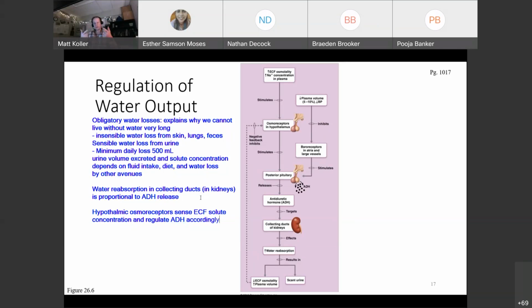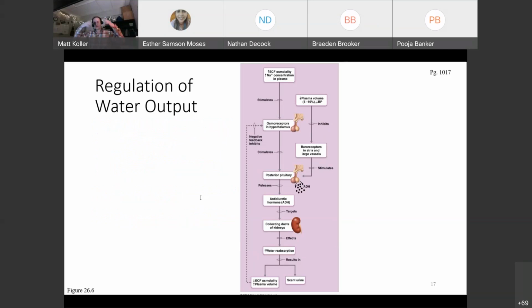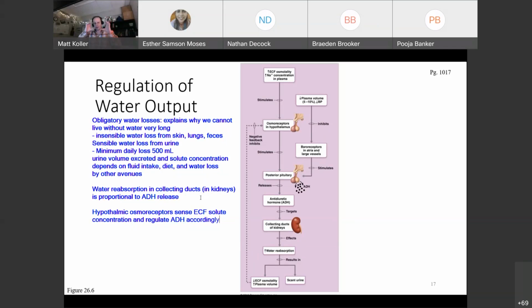So think about the chain. If you have an increase in extracellular osmolality, which means increased concentration of solutes that are dissolved, then basically you will hold back ADH, antidiuretic hormone, which means you'll release fluids out of the body. If you have a dilution of osmolality, a decreased number of solutes per given volume within the body, you will increase antidiuretic hormone and hold back some of the fluids to help concentrate that, okay?